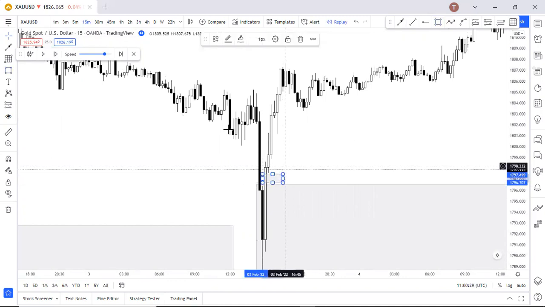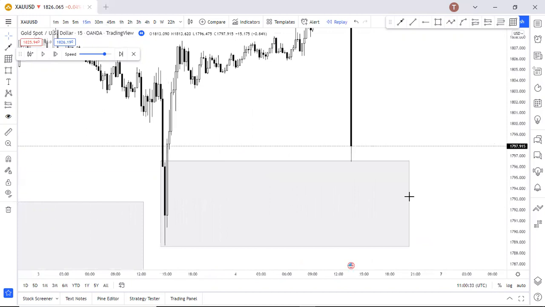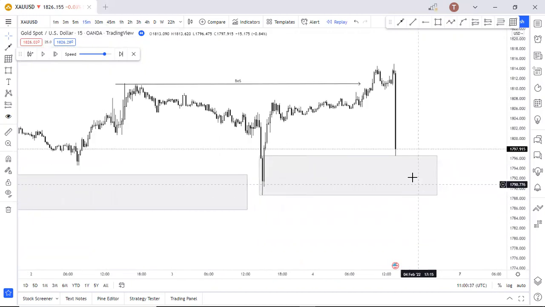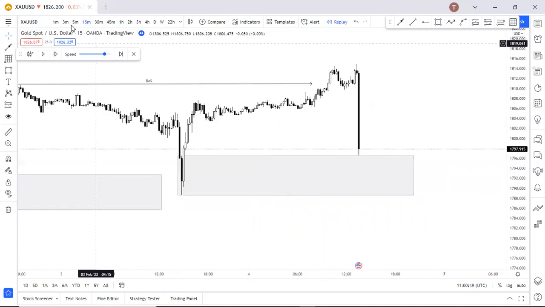So all I did was wait for market to tap right into the zone, and luckily the NFP came, and the NFP was positive for the US dollar, and it caused the market to drop, tapping into this demand zone. This demand zone, I